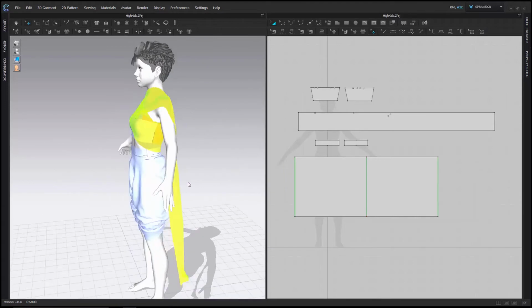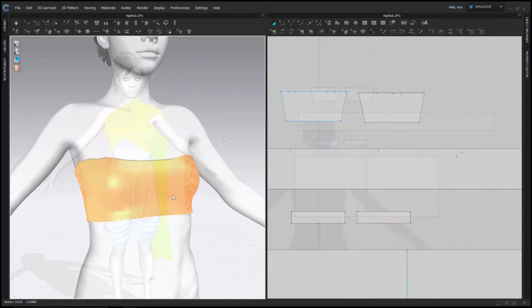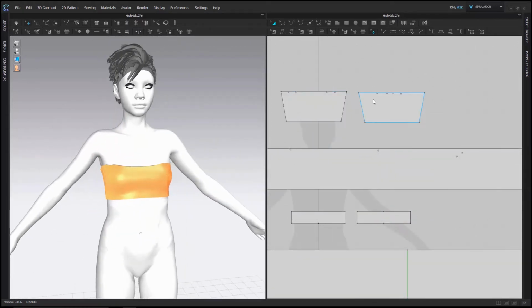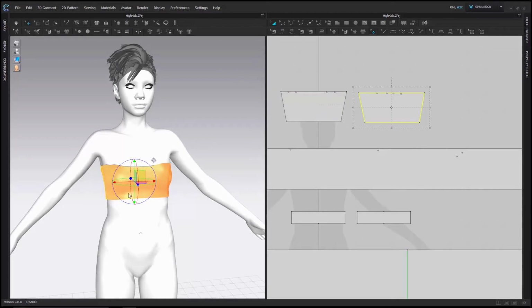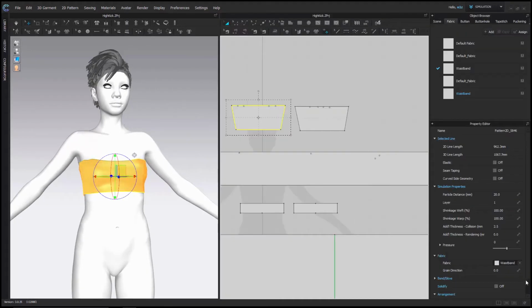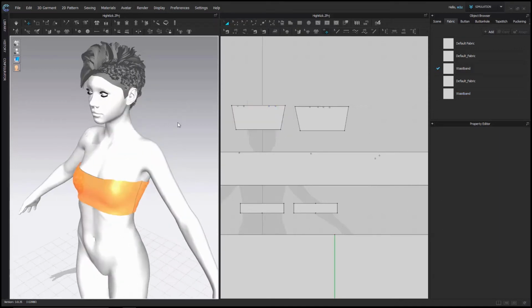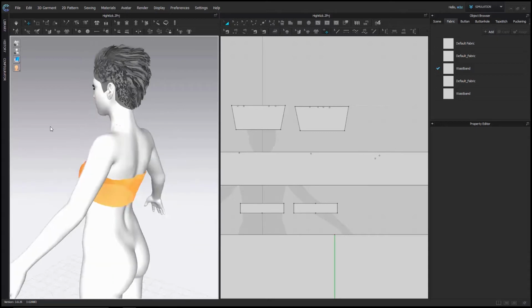So the clothing for this character was actually pretty easy to make. You can see over here on the 2D viewport, these 1, 2, 3, 4, 5, 6 pieces of simulated fabric. This is the bandeau top. It's just these 2 pieces of fabric, front and the back. I just have them tapered near the bottom just so they cinch onto the body a little bit better. These 2 pieces are using the waistband fabric, which is very much like an elastic, simulated elastic in Marvelous Designer. So it kind of acts like an elastic band, just goes across your chest.